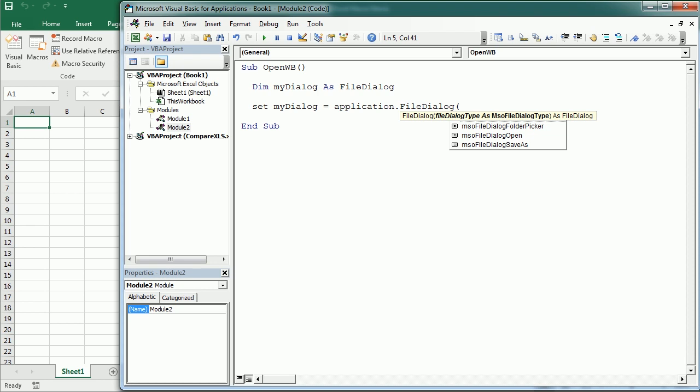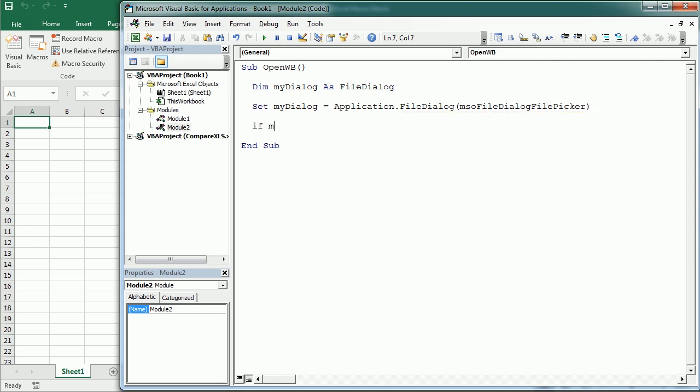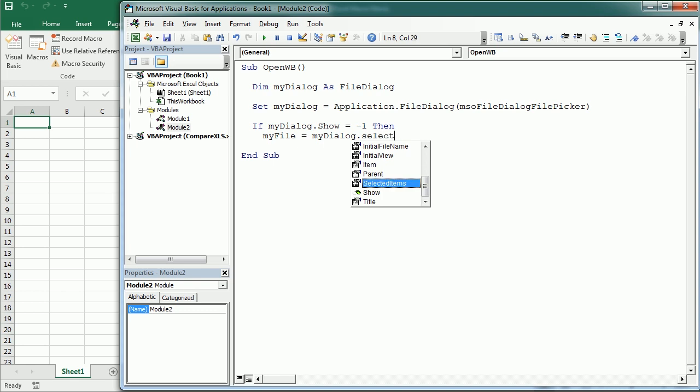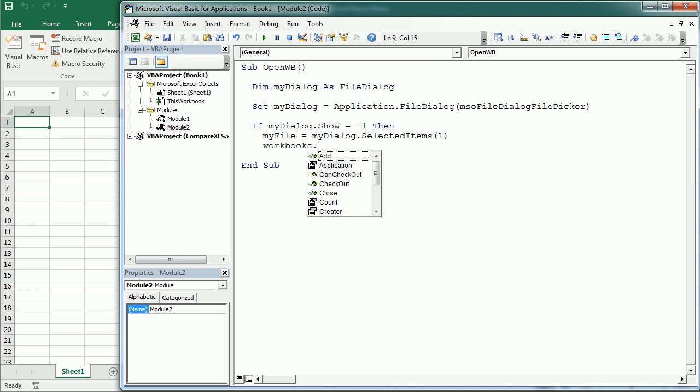And then here we're going to select a file picker. So we're going to pick a file. And then if my dialog show equals -1, it means we have selected something, otherwise it will be another number. Then we're gonna get the file name. Let's say my file equals my dialog selected items 1, because we're just gonna select one item, one file. Then we can say workbooks open my file,